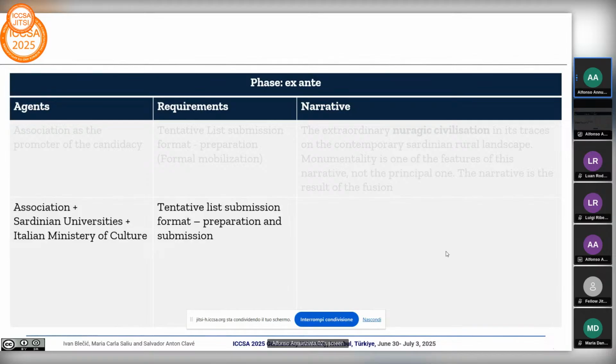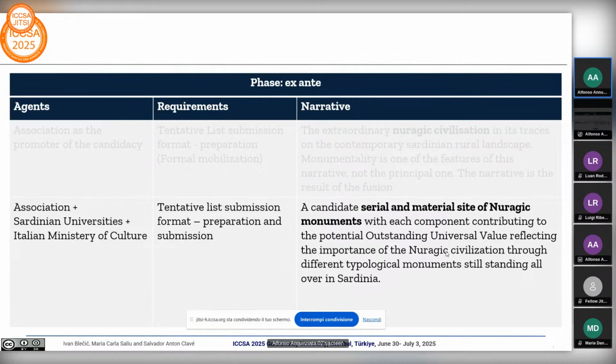In that moment, the narrative and the focus of that candidacy started to change, because previously we were talking about the extraordinary nuragic civilization, let's say in general. But in that moment, with the involvement of the Italian Ministry of Culture, the narrative was structured around a